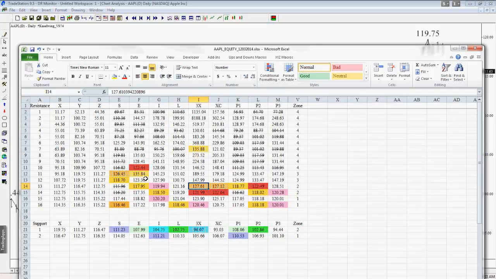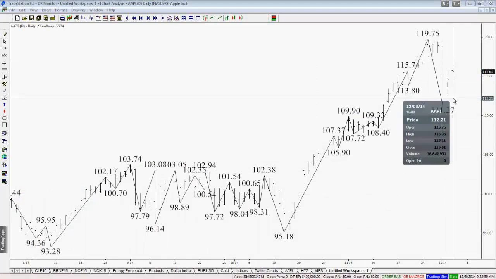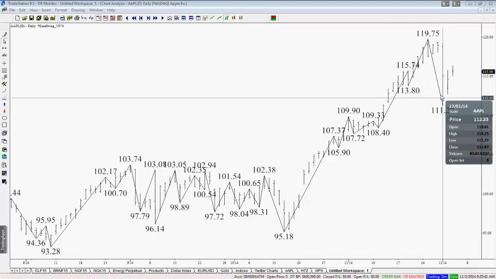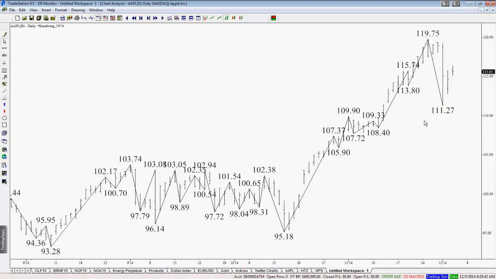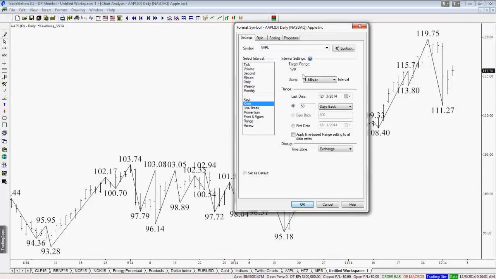You can argue whether or not Apple's overvalued, undervalued, whatever else. Right now, what I'm seeing on the charts is a market that got to a point where it stalled. A correction is beginning, but I'm not sure that correction is going to extend a lot further. Not yet. I really don't like the fact that it's already retraced half of the move down on Monday over the last 2 days. We are also, when we look at the intraday chart here,